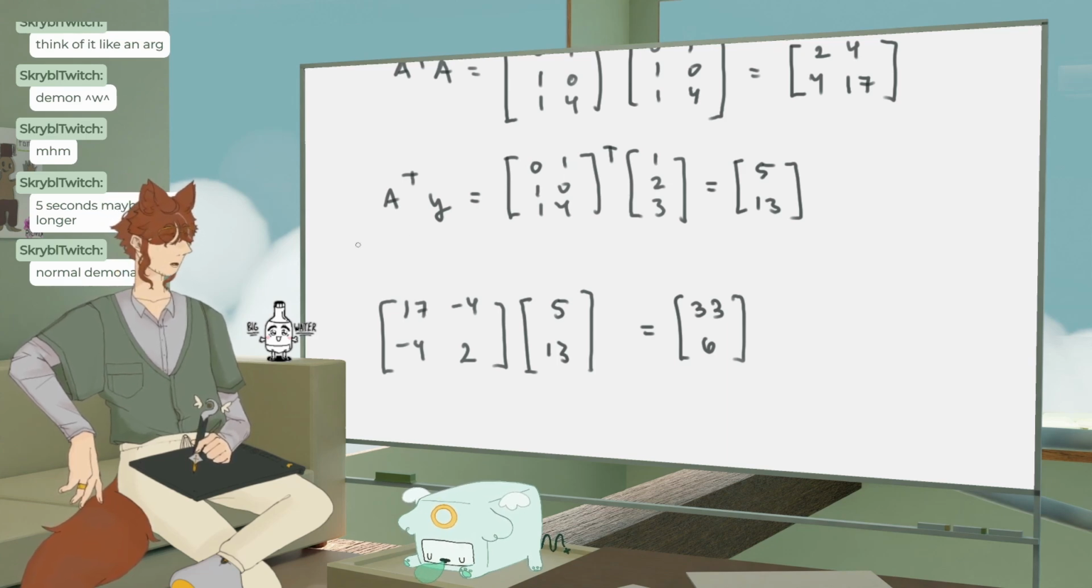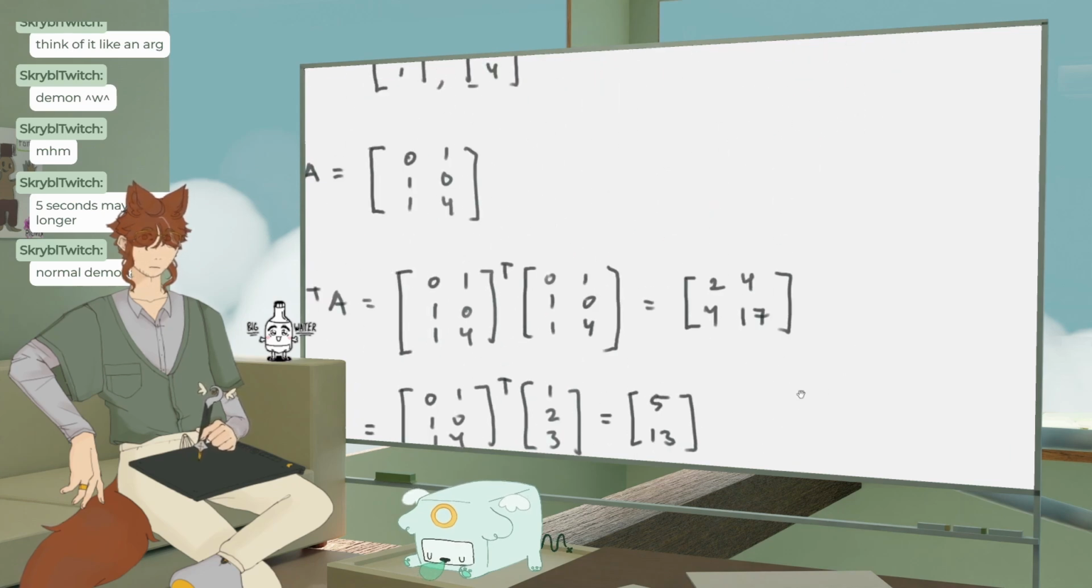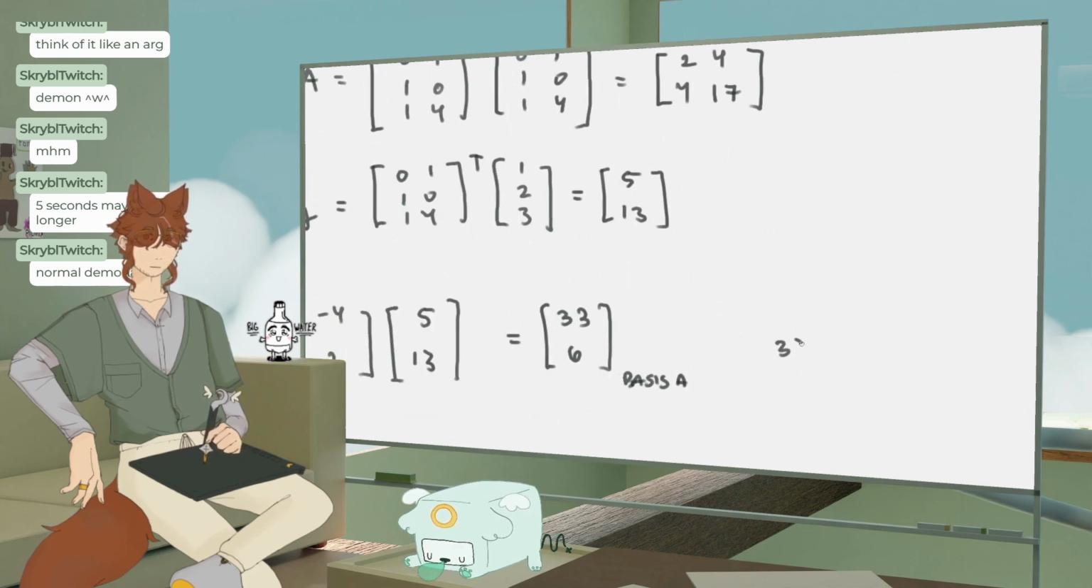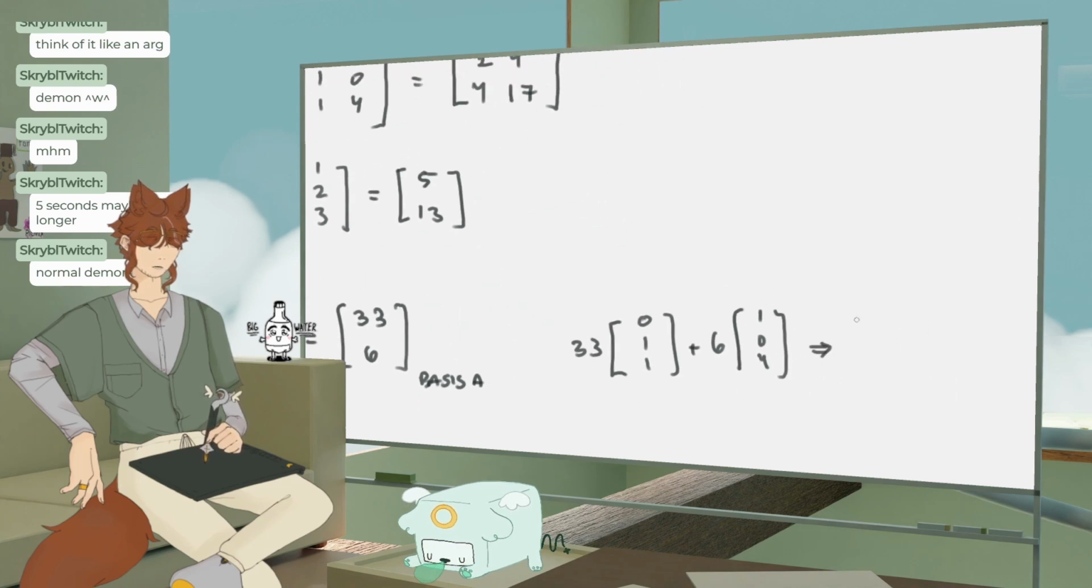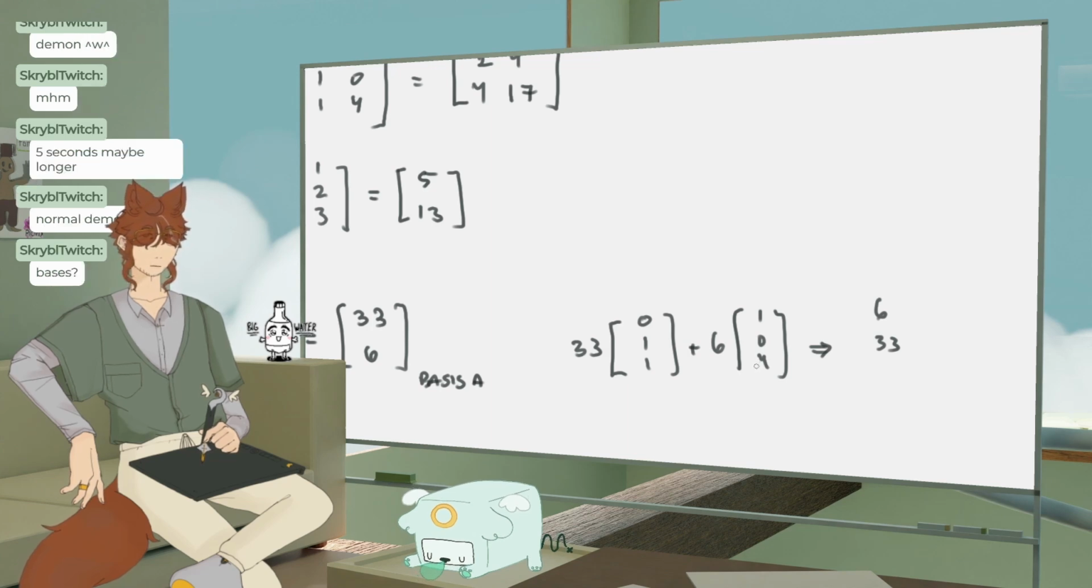Okay, so we did that. Now this is the linear combination. So this is in our basis of A. Basis A. We have 33 of the first one, of 0, 1, 1. Plus 6 of 1, 0, 4. So in standard basis, that's going to be, let's see. So 6, 33, and then 33 plus 24